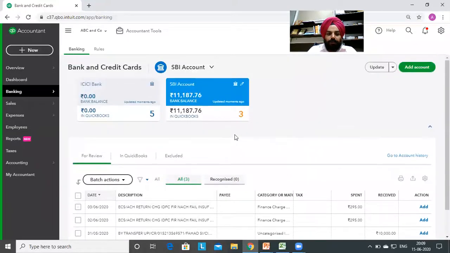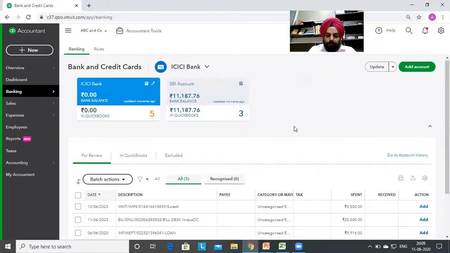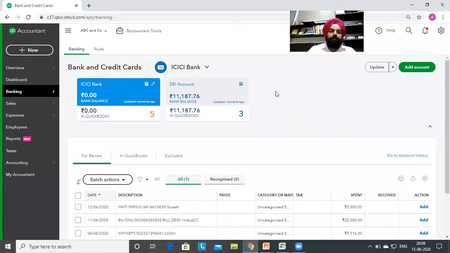All right. Now we will see another thing here, what more QuickBooks offers to us. For a business, you will see a lot of transactions happening again and again, every month, every week, or every 15 days. So to ease the processing of those transactions, QuickBooks allows you to create rules, so that if QuickBooks finds a transaction that fits the criteria mentioned in that rule, QuickBooks will automatically put the transaction into that particular account.